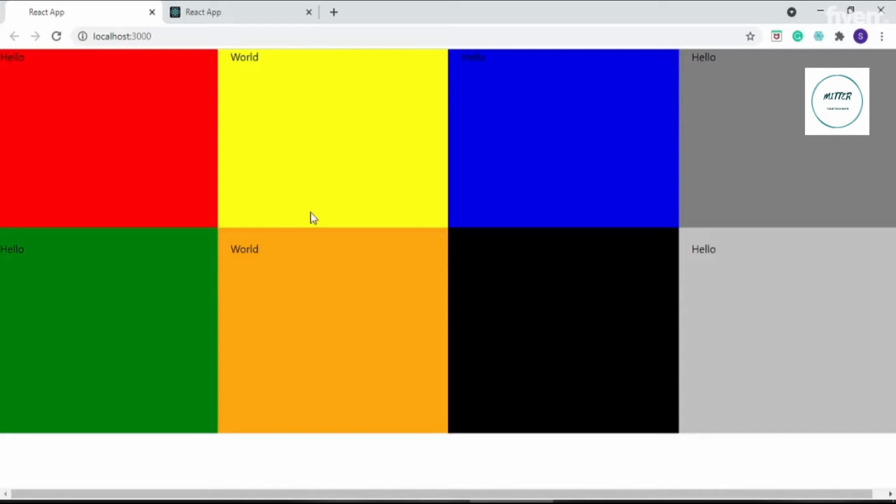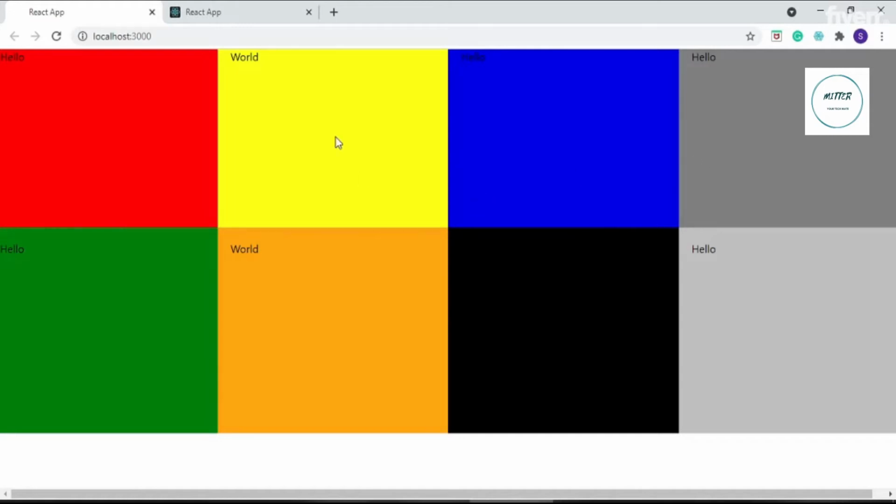So as you can see on the screen, I've built a simple layout where I've just created some blocks which are called grids. In order to build a responsive layout, what we exactly do is we divide the space into columns and rows. So here, as you can see, I've divided the entire website space into 4 columns and 2 rows. So let me show you how this layout works on the different screen sizes.